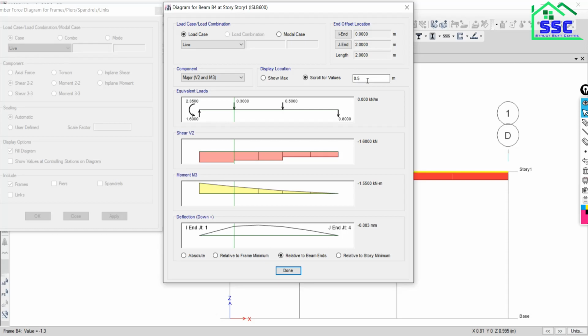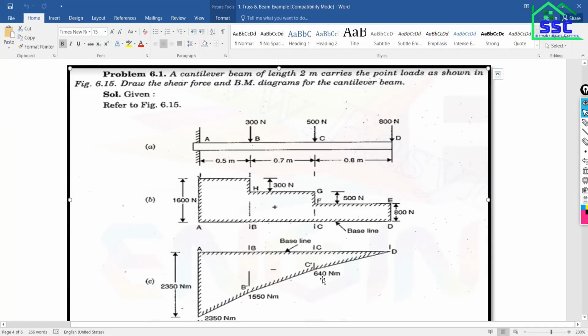Then at a distance of 1.2, it is 0.64 kilonewton meter, or in Newton meter it will become 640, as you can see in the file, 640.